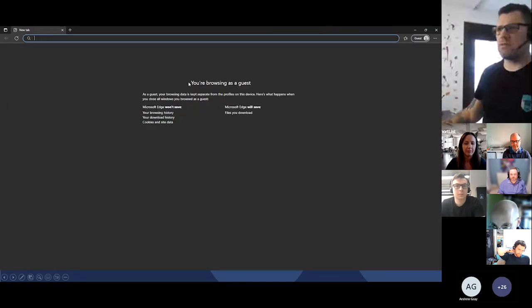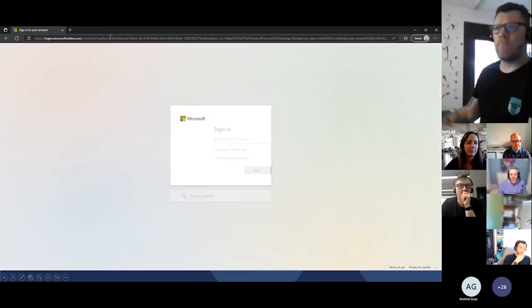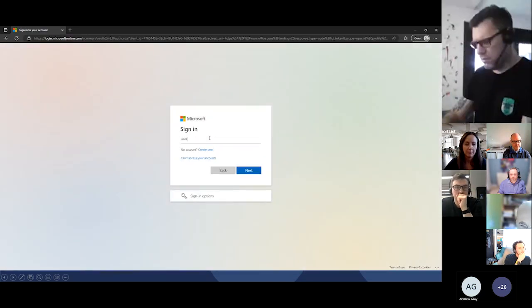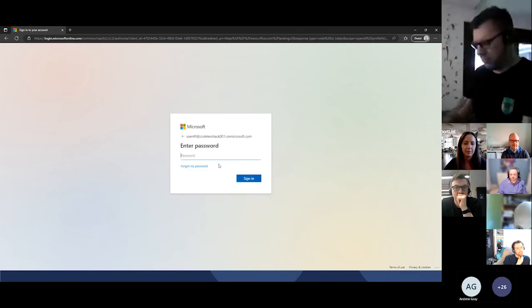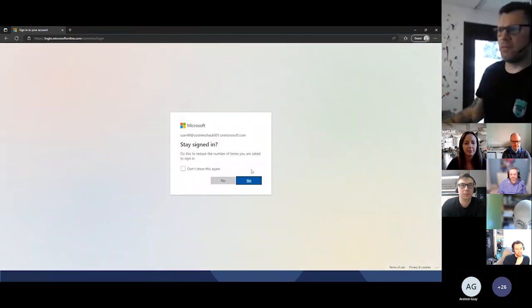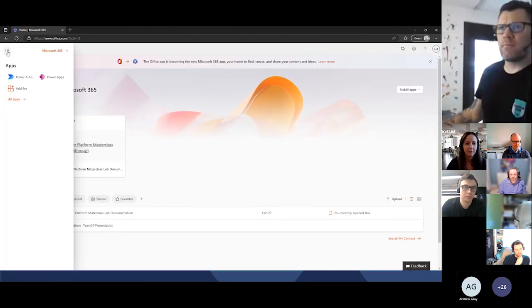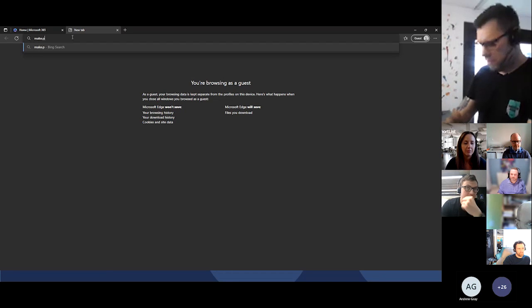If I go to other profiles, browsers guest, portal.office.com, and this does have a pointer around ecosystems, user 49 at, right, and the password I am not going to tell you. Cool. So you can see I'm going to log in with the user. This user is not licensed to my tenants. You can see that over here, nothing. They've just been given an apps and automate license. But effectively, if you were to go in and go to make.powerapps.com,